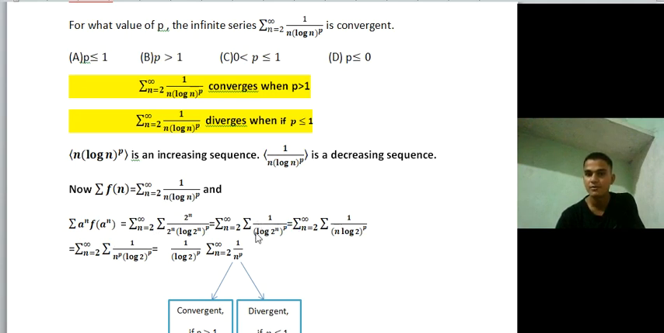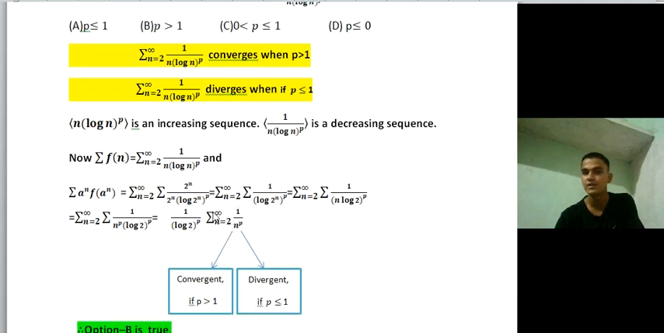So this n will come to this place, and this will be n to the power p into log 2 to the power p. Okay, n to the power p into log 2 to the power p. So this is 1 by log 2 to the power p, and this is a constant term, so it came outside. So summation of n is equal to 2 to infinity, 1 by